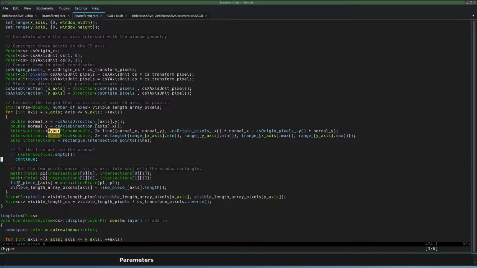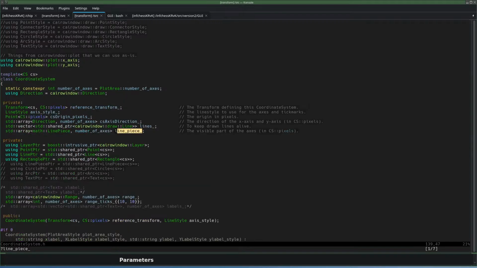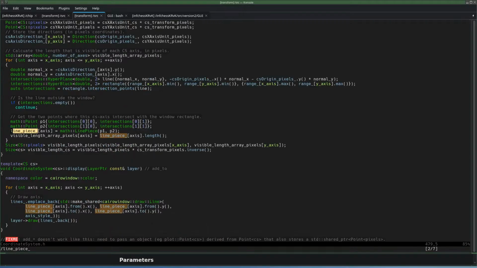So then I end up with a line piece. That is with a default constructed math line piece. Well, one that should not be on initialized memory. And 2, I should handle that correctly. No line piece then, or default constructor line piece means I don't want to draw anything. Let's check that first. I don't think I tested it, but